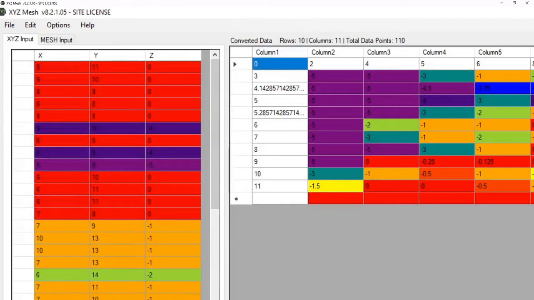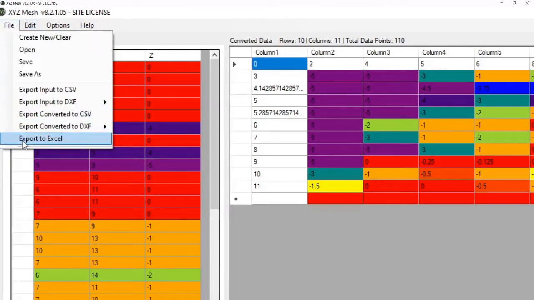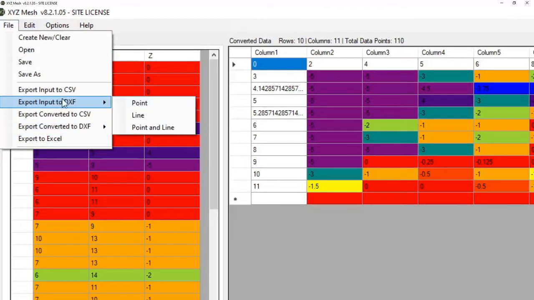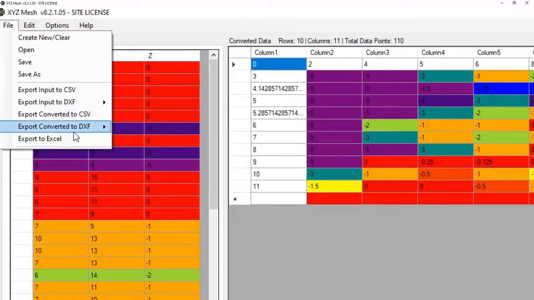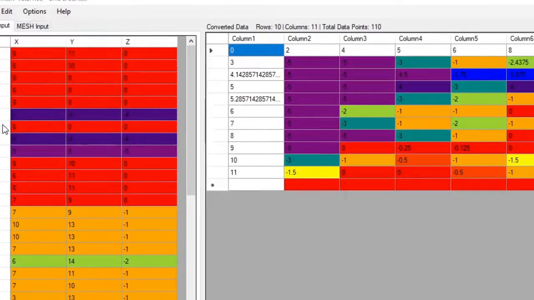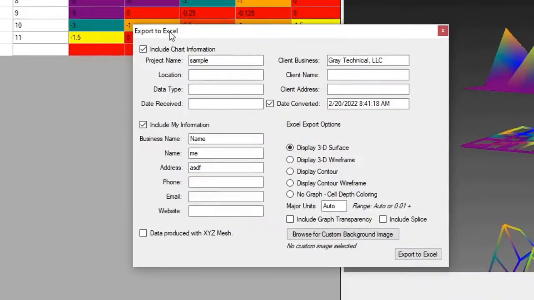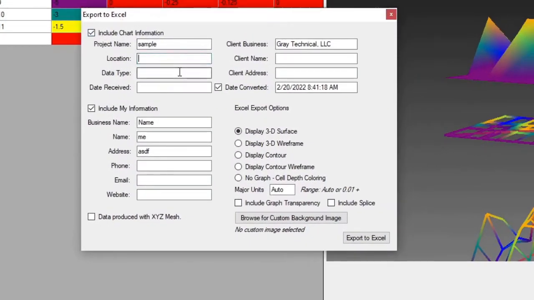If we want to go ahead and export this, we just go up to File and export to Excel. You can also export the converted data to a DXF or the input data to a DXF, which we'll get to in a minute. For now, I want to look at the Excel export. So File, Export to Excel, and what we have here is a window that we can then customize to our